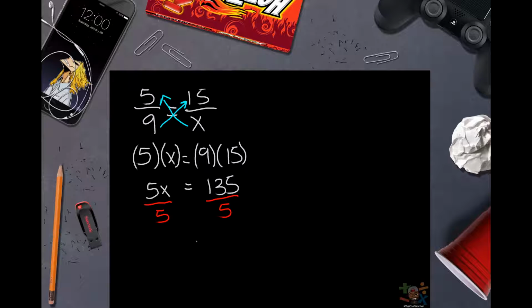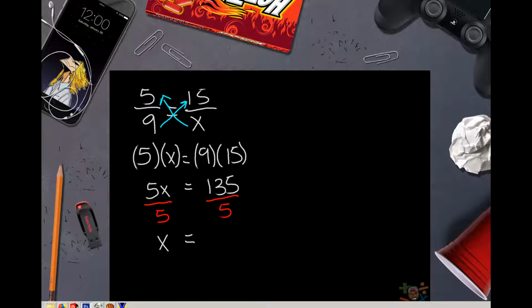So basically what I get is 5x divided by 5 and 135 divided by 5. When I do 5x divided by 5, what I'm going to get here is, you guessed it, 1x, but I don't put the 1, I just put the x, equals, and 135 divided by 5 is going to give me,